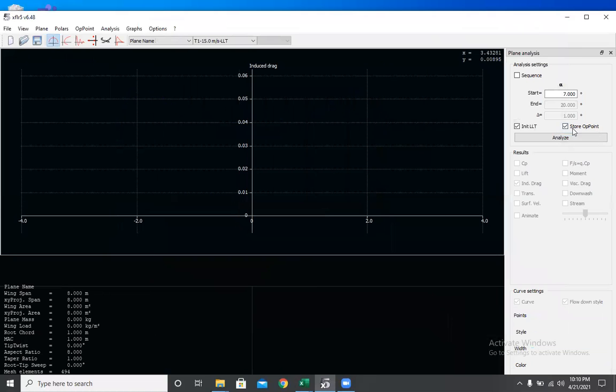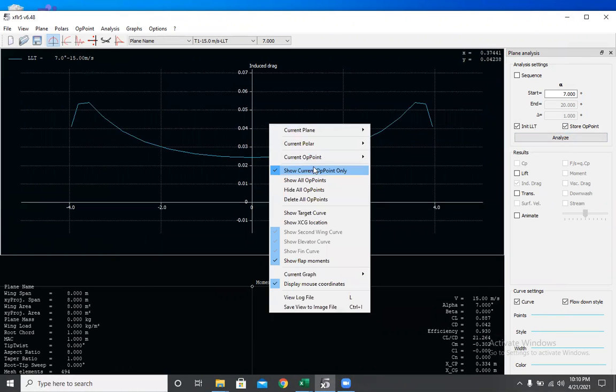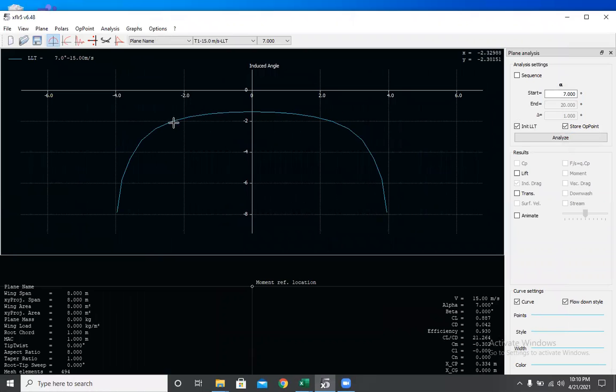Save, okay. Analyze. Get the idea, and then we can change this back to induced angle if we wish. So that's that part. And then the last part of the project,